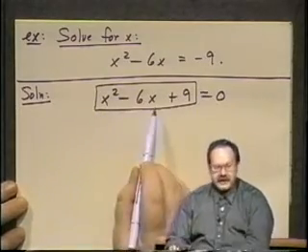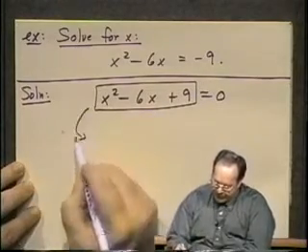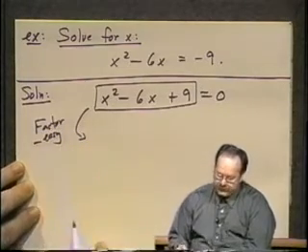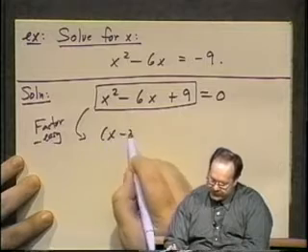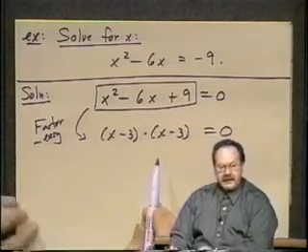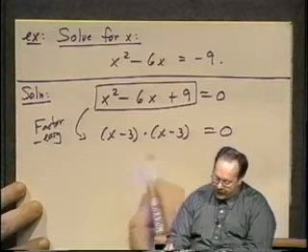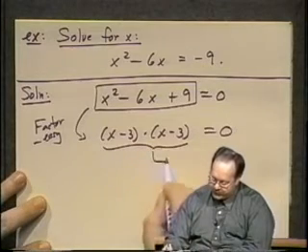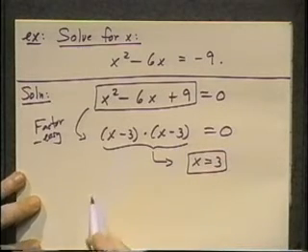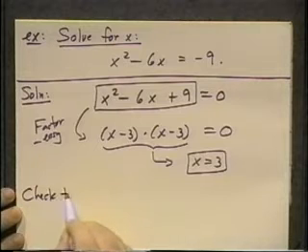Also, this left-hand side is the function f of x that I would graph if I wanted to look at the picture. Again, the factoring is easy. We see that this is x minus 3 times x minus 3. Now, this brings up something that's worthy of note. Notice that the factor is identically the same. So out of this, we get only one solution, x equals 3, because that will make either one of these 0, since they are the same. Now I'm going to leave the check to you,